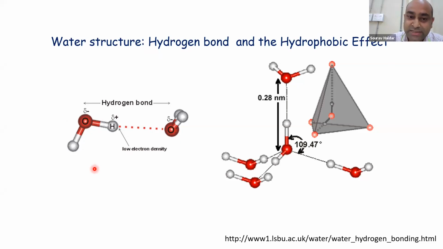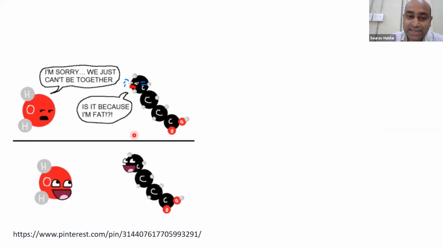Now, a unique situation arises when we have molecules which have both a hydrophobic part and a hydrophilic part. That means some portions of the molecule are capable of interacting with water, some portions are not able to interact with water. Then what happens is a kind of unique situation, and that is basically the driving force for all kinds of organization in biology that you come across, be it a protein structure, be it a DNA structure, be it a carbohydrate structure, or be it the assembly of a lipid bilayer.